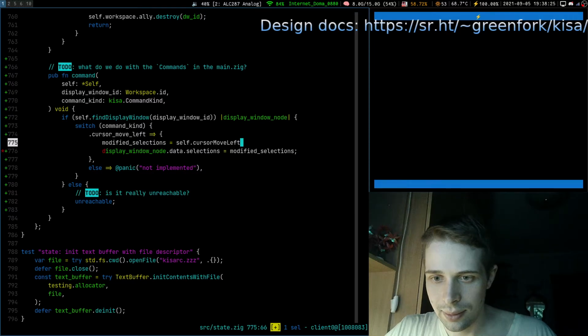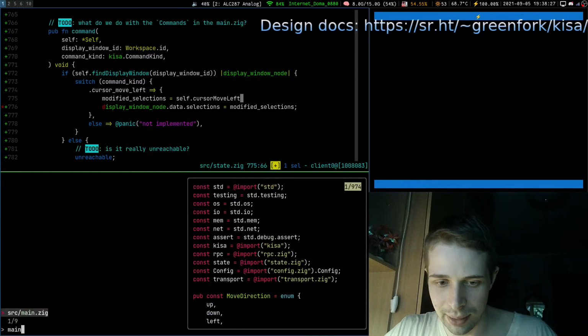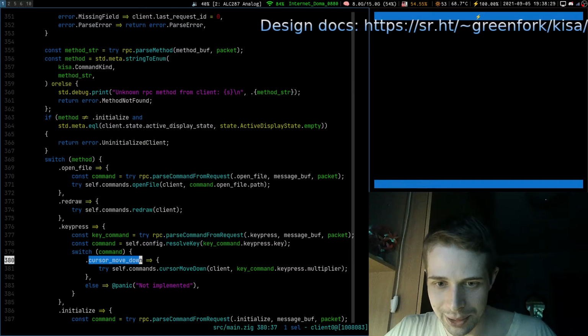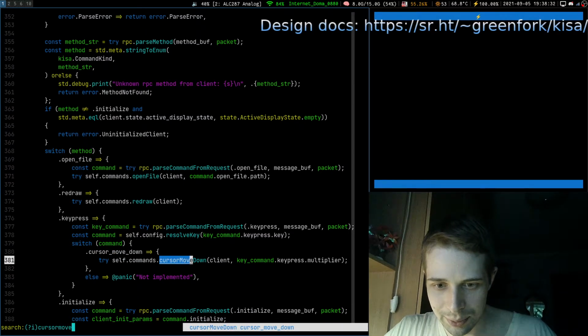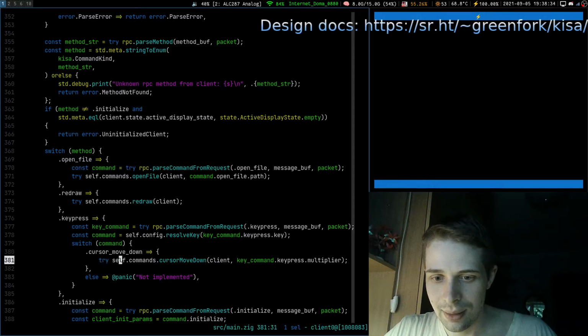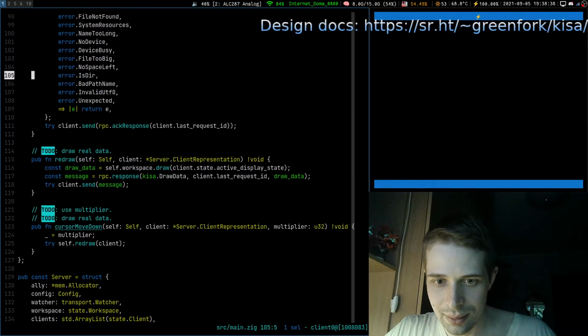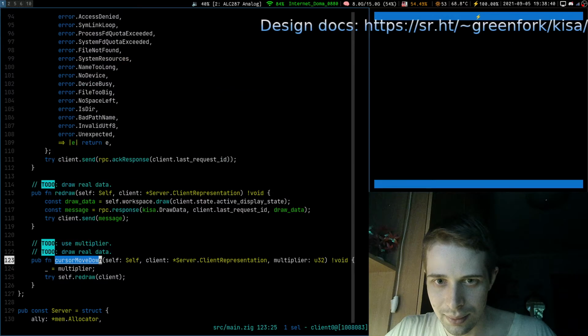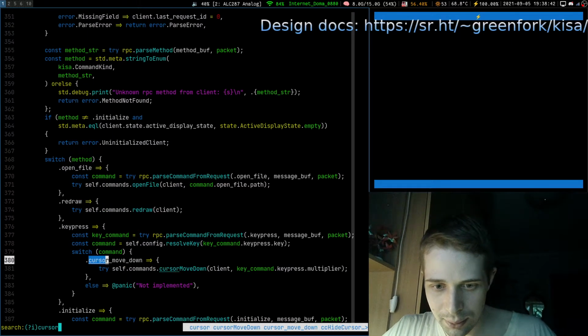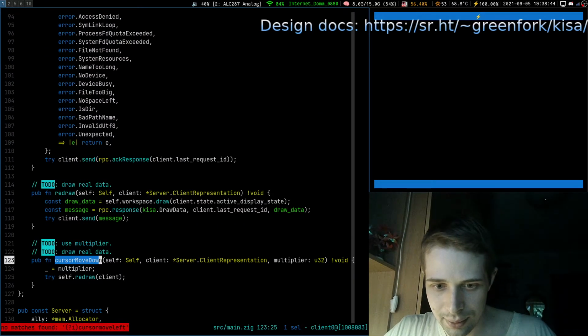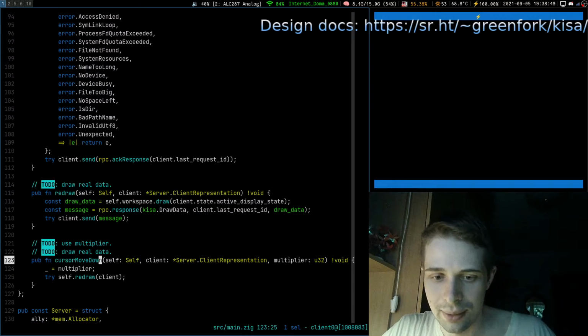Where is cursor move down in main? I saw an auto-completion. Cursor move. Is this? Oh. Do we have cursor move left? Oh. So we have move down.